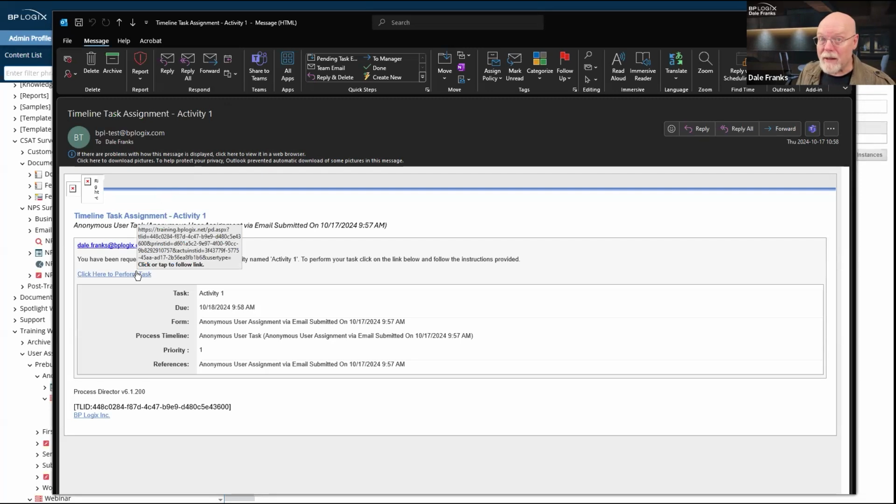Remember, this is an unauthenticated account. I can send a link to an email address, but the one thing that we cannot guarantee is that the link clicker is the person who is supposed to be the link clicker. Like I said, if I forward this email to someone else and they click the link, then they're the link clicker. Process Director can't validate or verify or authenticate who the link clicker is.